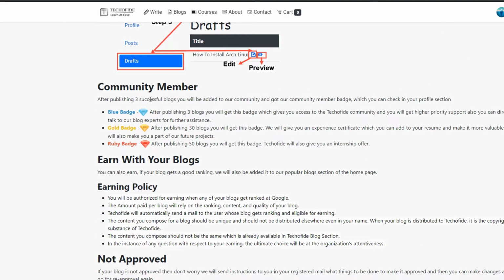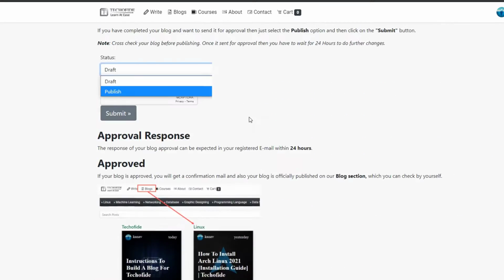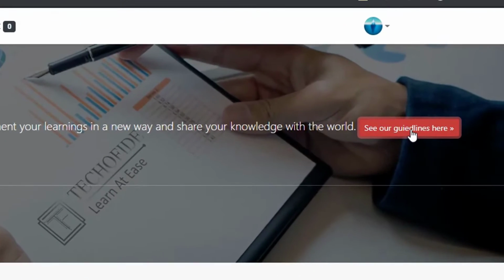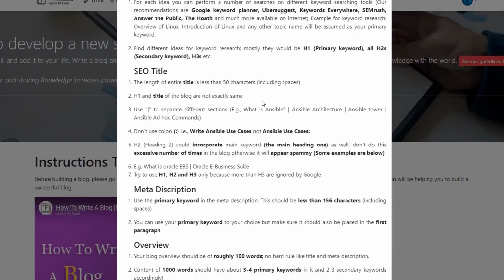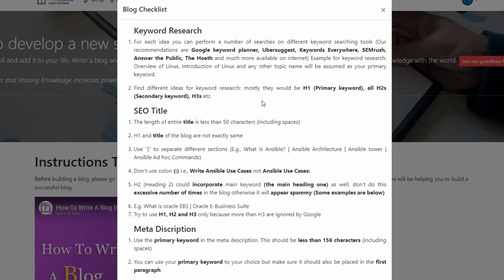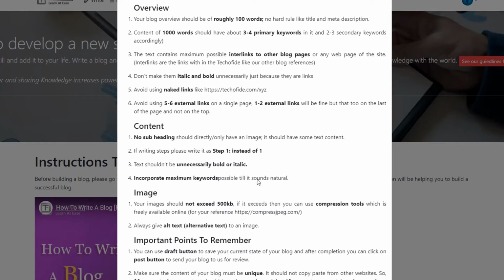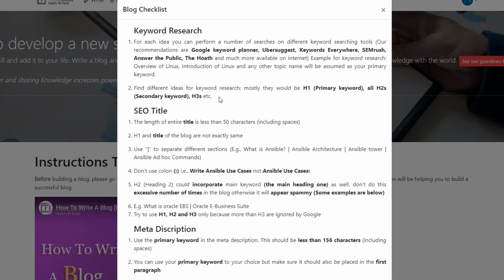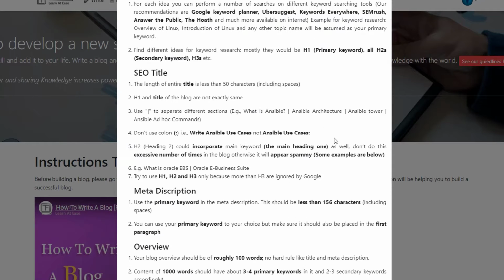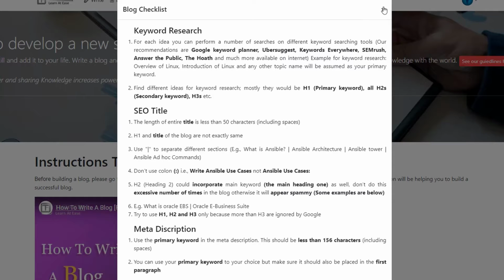These are our community member. You can also read that. Go to that instructions. So the last thing, you just click on SEO guidelines. So this is our SEO guidelines. The person who are making blog for us, please make sure you have read all the instructions of SEO before creating a blog. And the person who don't know what is SEO, don't worry. In our next videos, in our next sessions, I will also clear you what are SEO guidelines. But for just a disclaimer, if you want to create a blog, just go through our instructions and also just go through that keyword research.